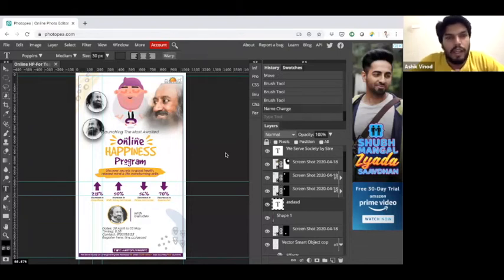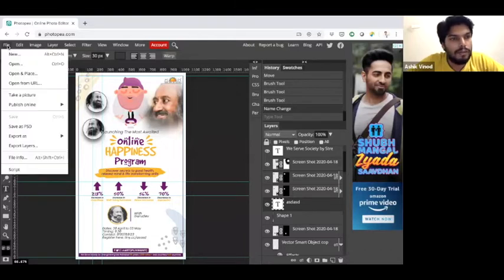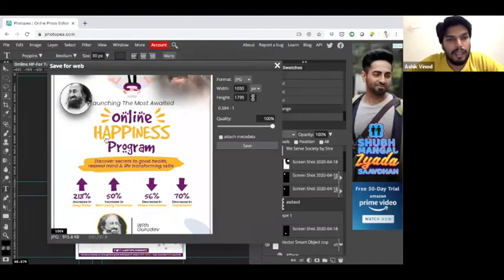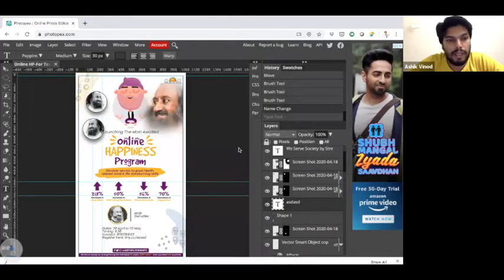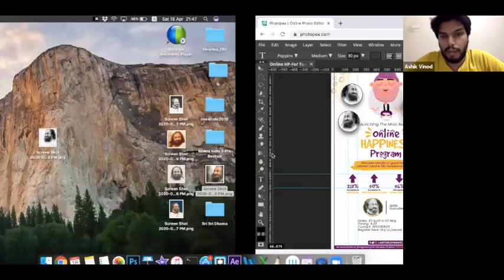All right. Now, I think once again, I'm just going to show how to export this file. Export as JPEG. Now, you can actually increase or decrease the quality here by dragging it up and down. And then simply click on save. All right. Yeah, so I hope that clarifies.